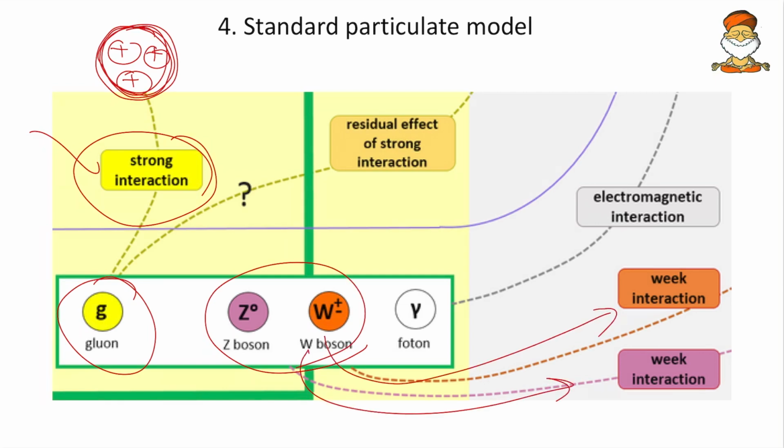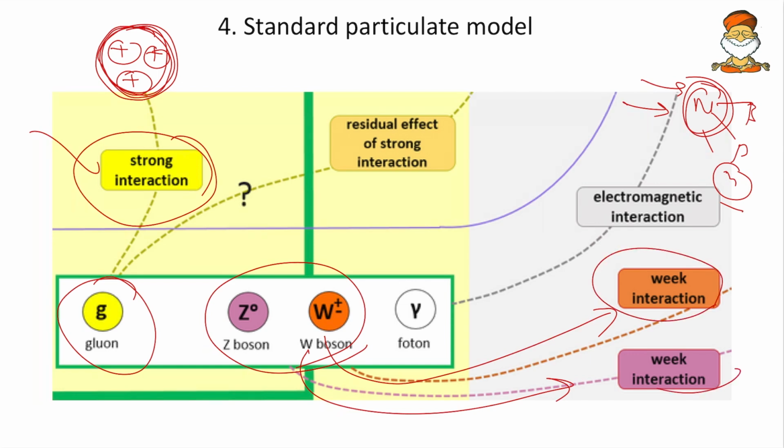So where is the weak nuclear force? The weak nuclear force is that force which makes a neutron split into a beta particle, a positron and a neutrino. So where does this beta decay occur? It occurs only where there are bosons, that is the Z and W bosons. Or in other words, beta decay occurs only when there is a weak interaction force.